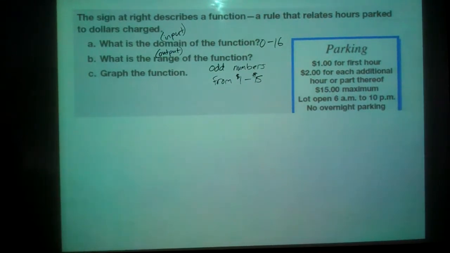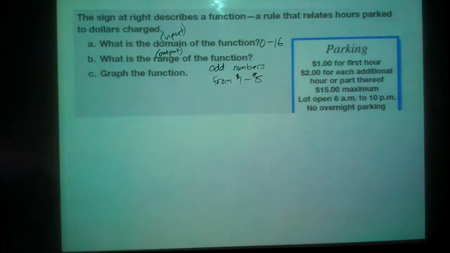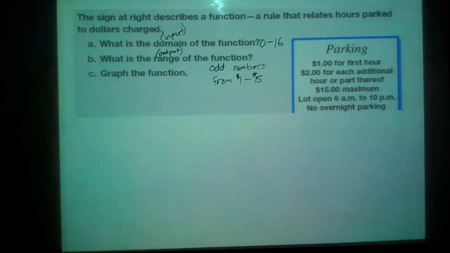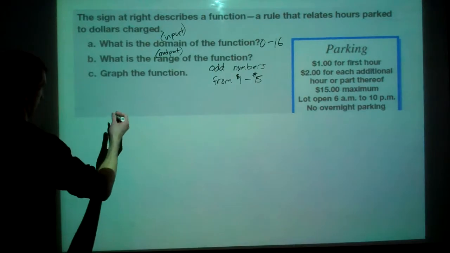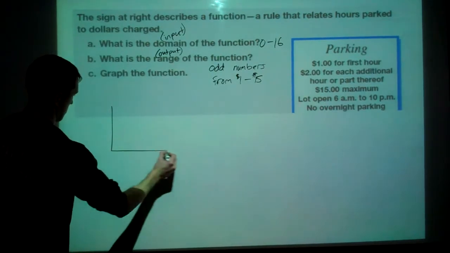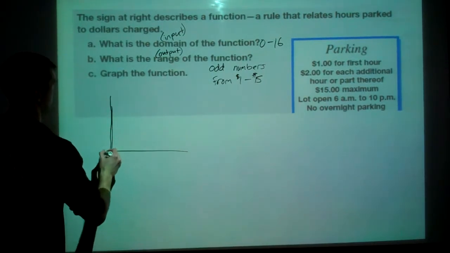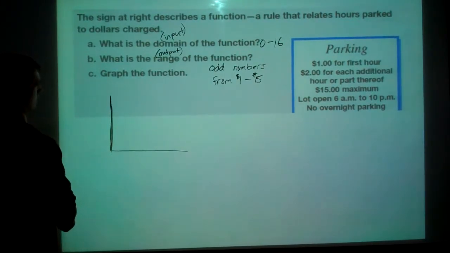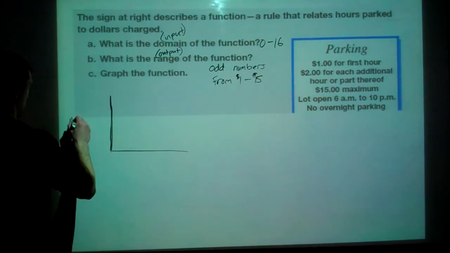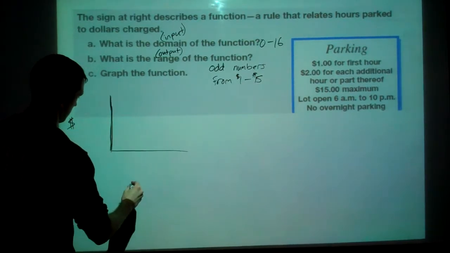This one takes a little while. I like it better when they give us just an equation rather than a description, but we can graph it. So range is always your output or your y's. So here we're going to have dollar amounts. Here is going to be time